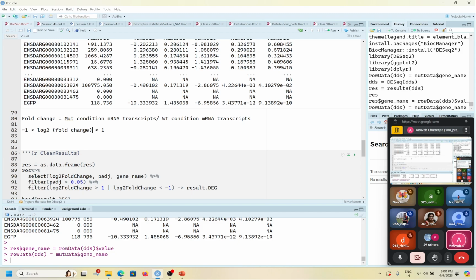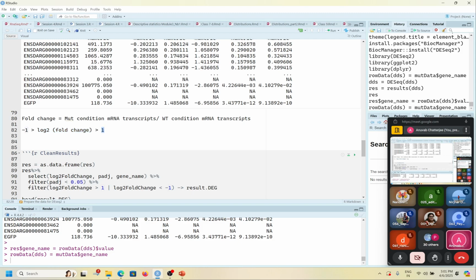That is very easy to find out. How we do it is that we just find out what is called the log 2 of the fold change. So fold change is essentially the mRNAs in the mutant conditions divided by the mRNAs in the wild type conditions. So fold change would be just the ratio of the number of transcripts in mutant conditions divided by the transcripts in wild type condition. When you do log 2 of the fold change, you actually find out if the value has either doubled or more, or it has become less than half the value. We actually don't care about the mathematics. You just run the log 2 fold change function, which DESeq2 automatically does for you,